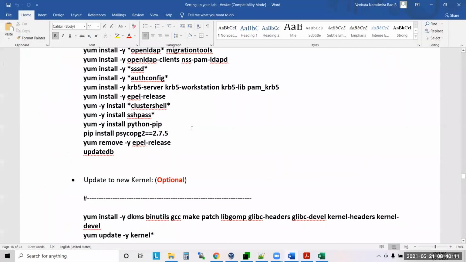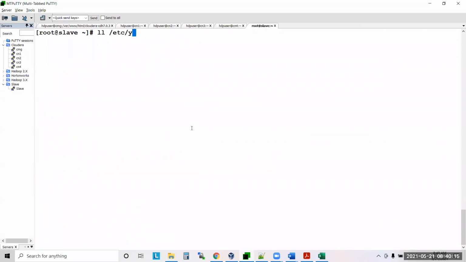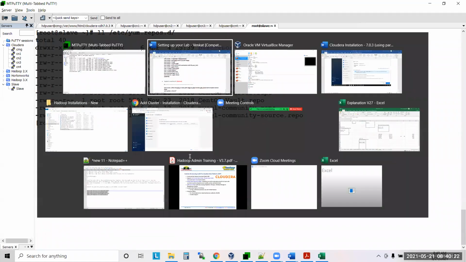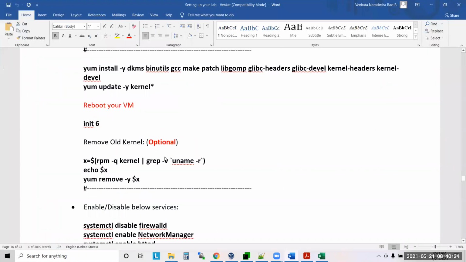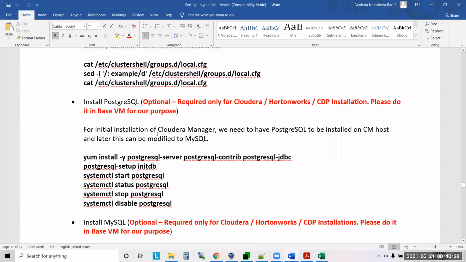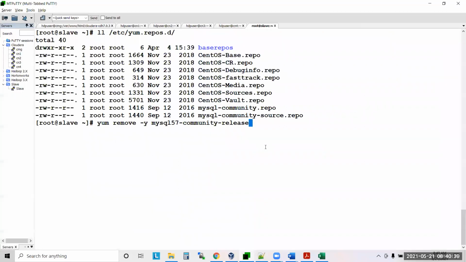Okay, so LL. MySQL community repo also. Even for Python, we need licenses?